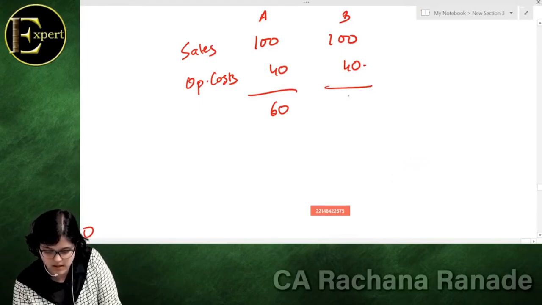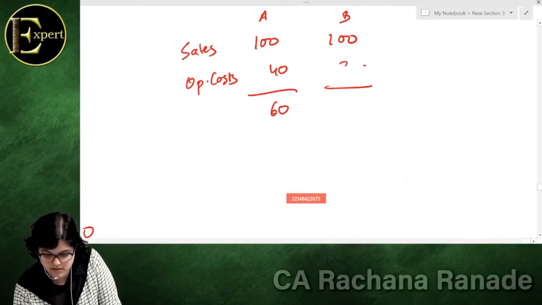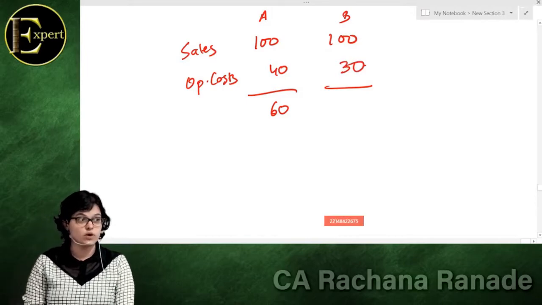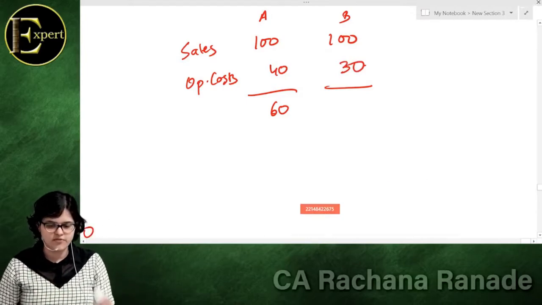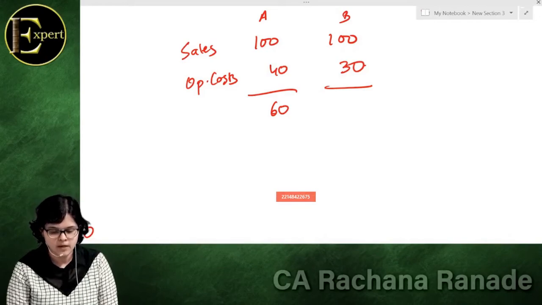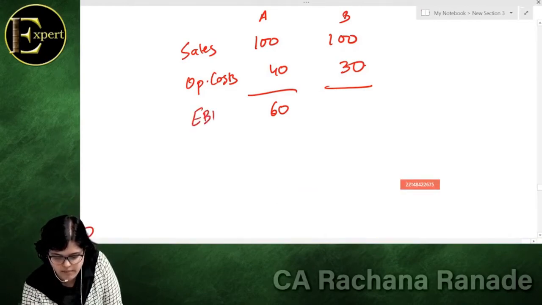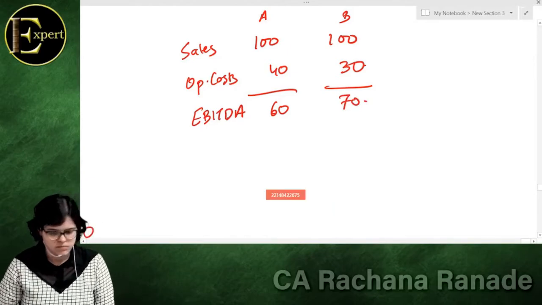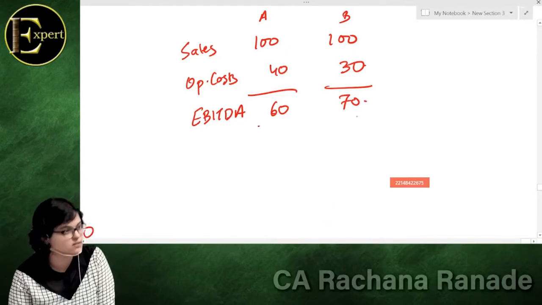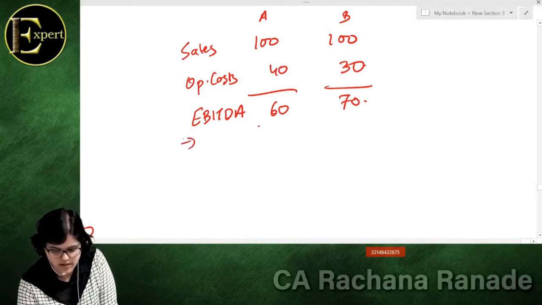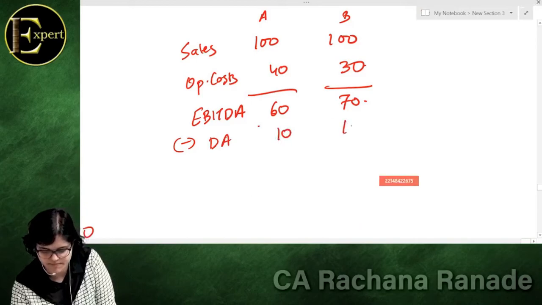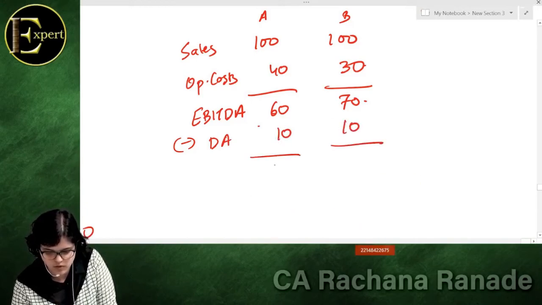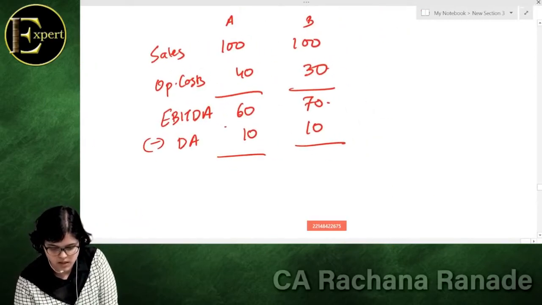Achha, I'll take a little bit different example. Let us say this is 30. So to understand this concept better, I'll change a little bit. Finally, company A and company B need not have the same EBITDA. Okay, so this is 60, this is 70. Then what do we deduct? Depreciation and amortization. Let this be the same. So it will come down to, what will be my EBIT, everyone? EBIT will be